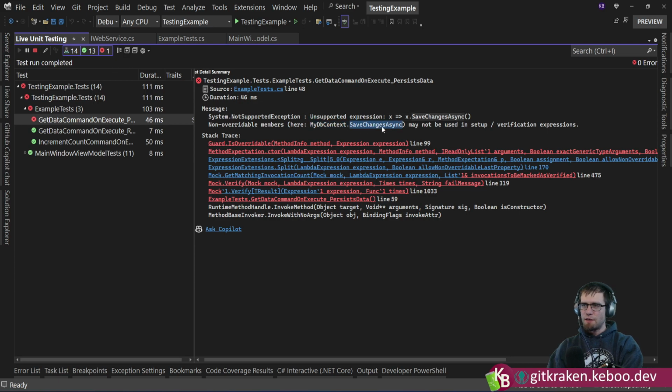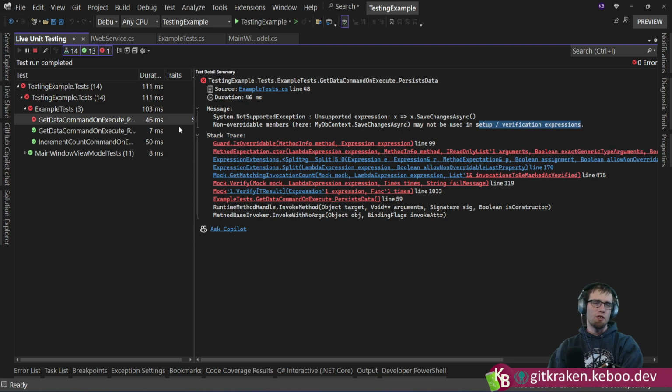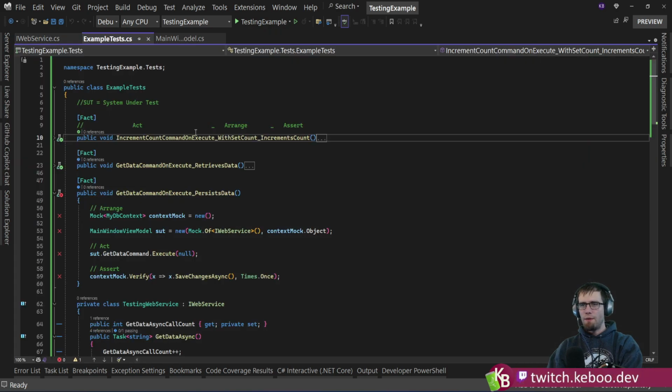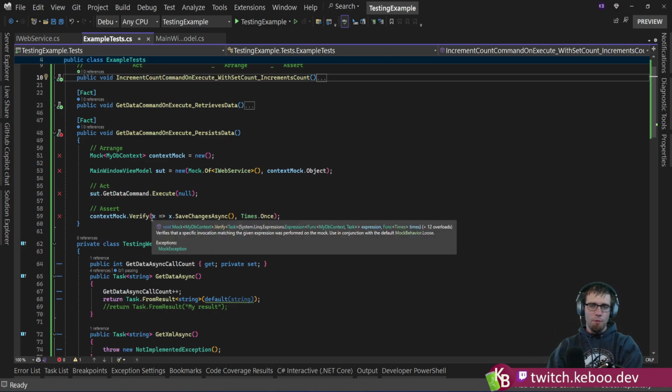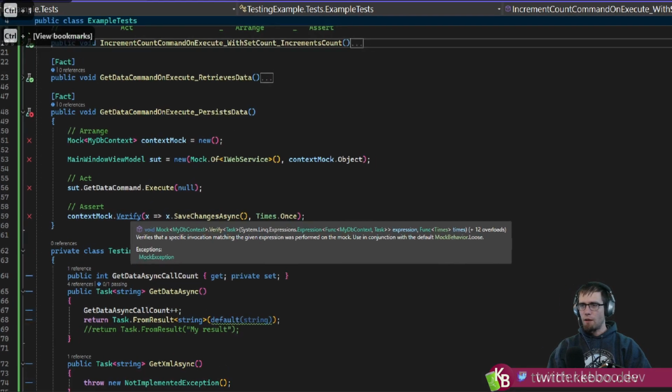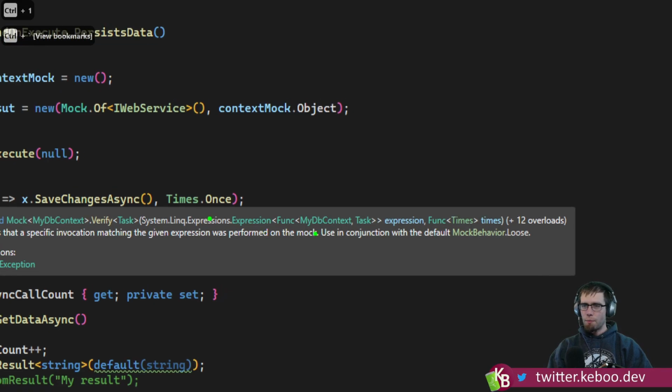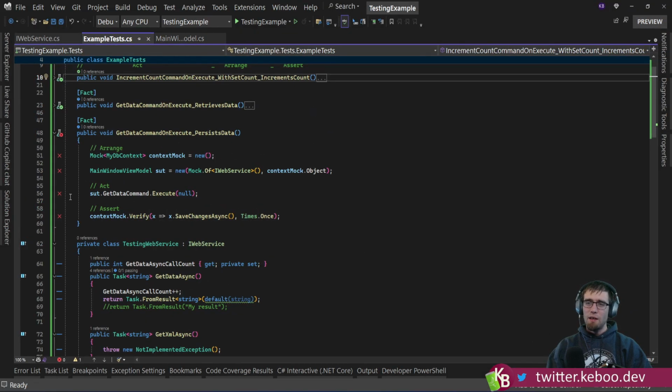My DB context save changes may not be used in setup or verification expressions. And this is something that's very important to note. With Moq, whenever you're doing a lambda, whether that's a setup or a verify, if you look at the signature here, let's see if I can grab it. Oh, I did. You'll note the parameter type is of type expression. It's not of type func or delegate. That means this lambda is